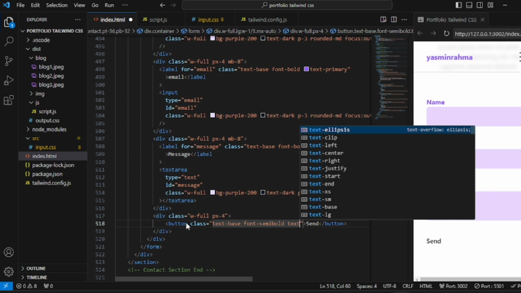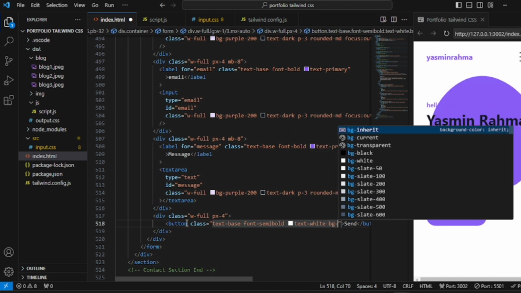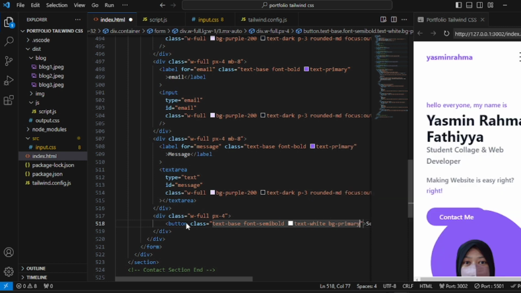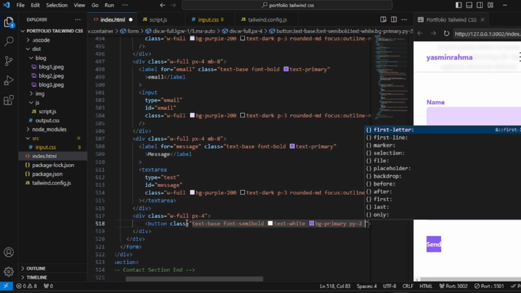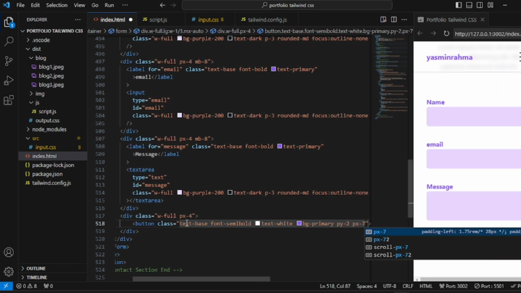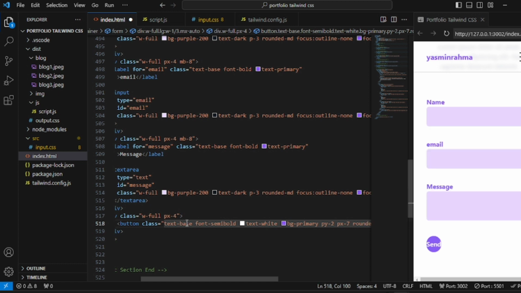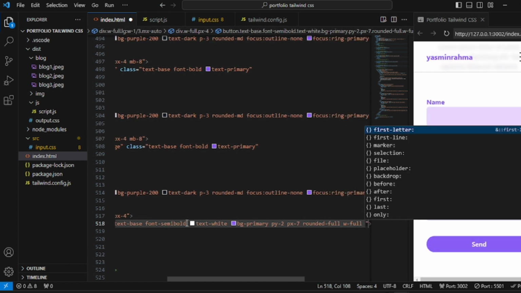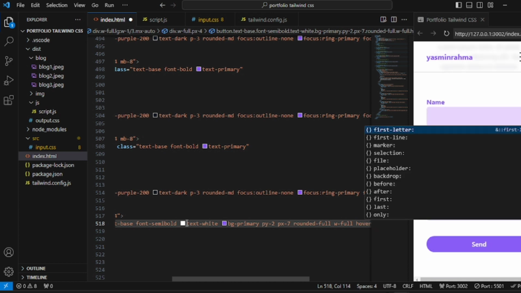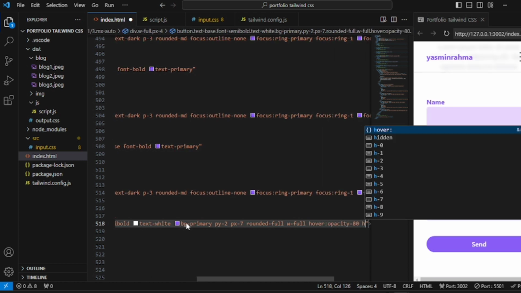The text is white because the background is primary, and then the padding Y is 2, padding X is 7, and then rounded full, and then width full, and then if we hover, the opacity will be 80, and then we hover again,